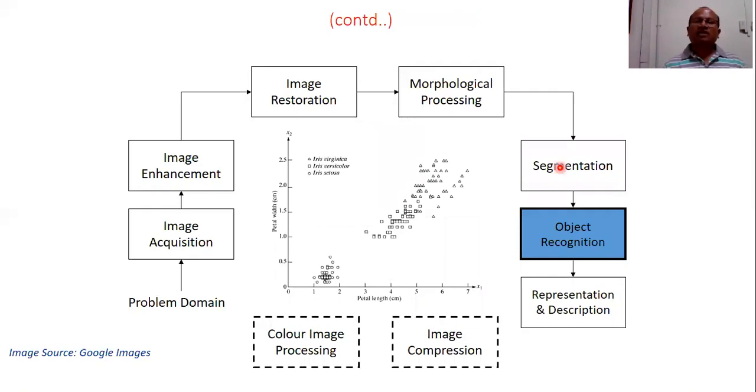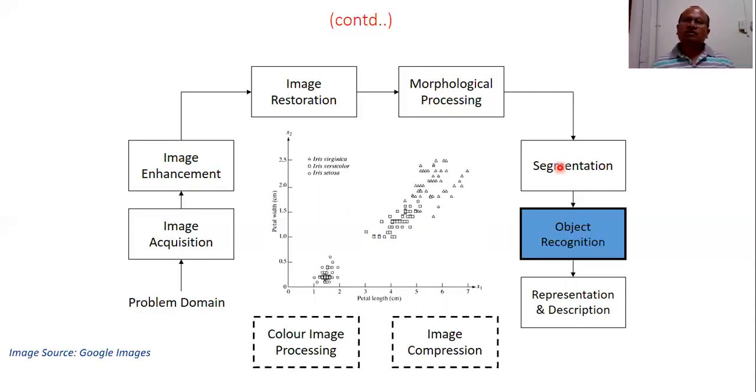Then comes object recognition. Sometimes we call it biometrics also. When you are identifying something, when you are recognizing something, some object is being recognized: whether a car is moving, whether a truck is moving, whether a person is moving, how many persons are there. All this recognition task is object recognition. In every smartphone, we have a biometric system that also identifies us. So an object may not always be non-living, it may be a living object also.